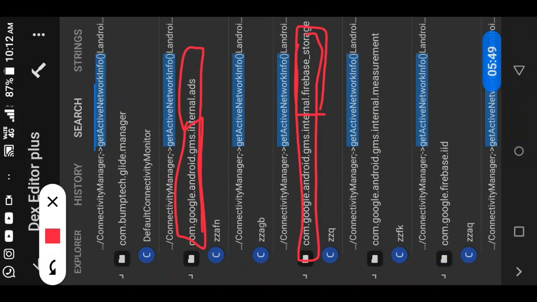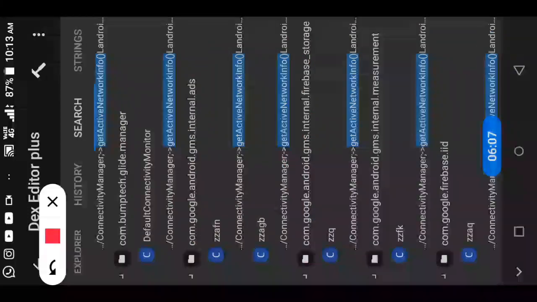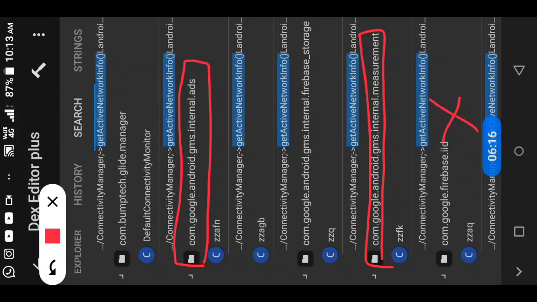For online apps, we should not modify this Firebase storage, because apps like music players, like Gaana etc., use Firebase to load the songs. So you should not remove it here, otherwise the songs will not load. We should only change this one, the Google internal ads, and here is one more result, Google internal measurement. You should not change here and here. These both are Firebase, so you should not change them.